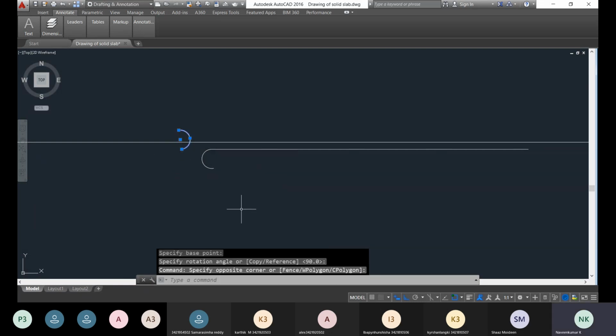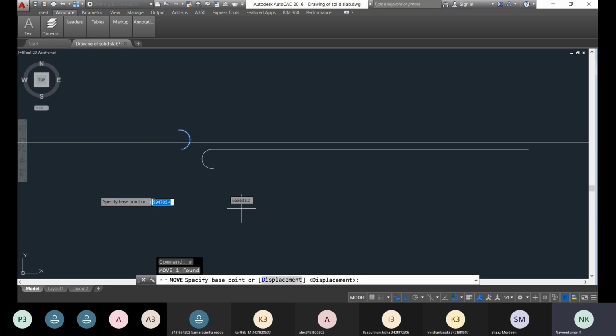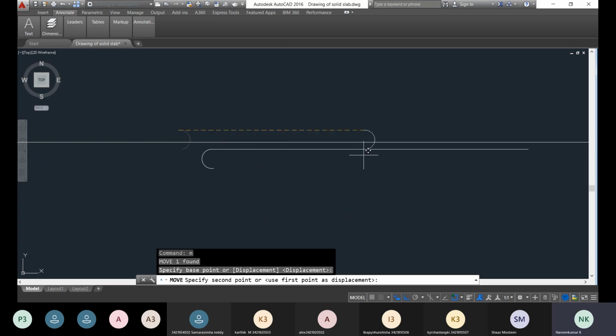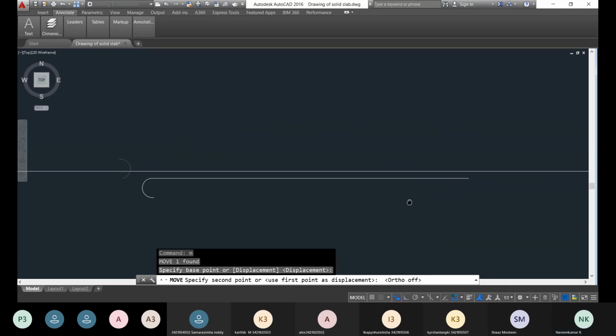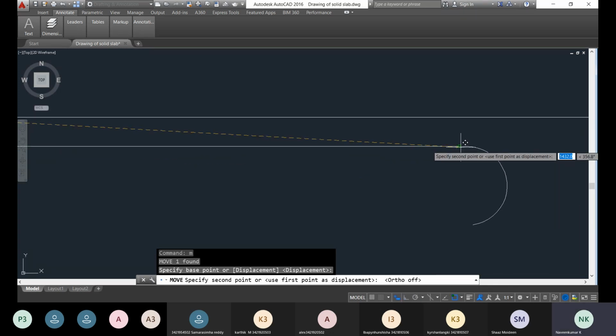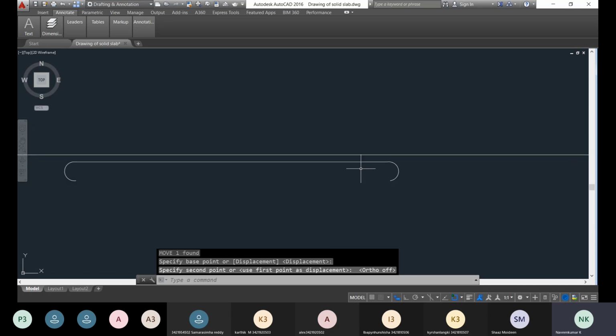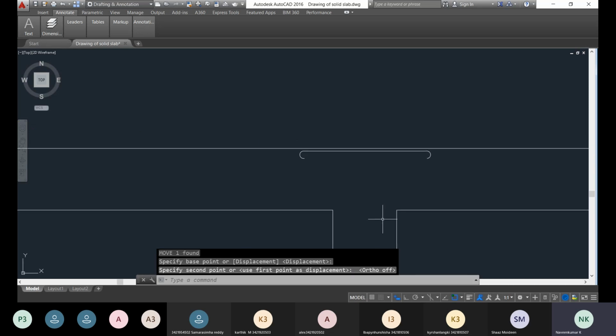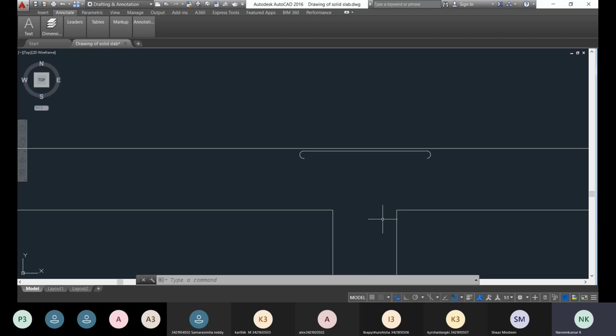Now it is rotated. Then you can just use the move command, M enter, and you pick this one. You switch off the ortho, pick this one and paste it here. So this is the way the top reinforcement is provided to have the connectivity.